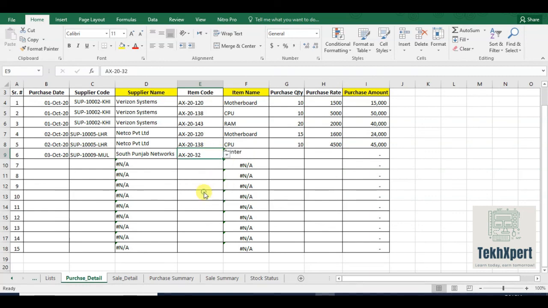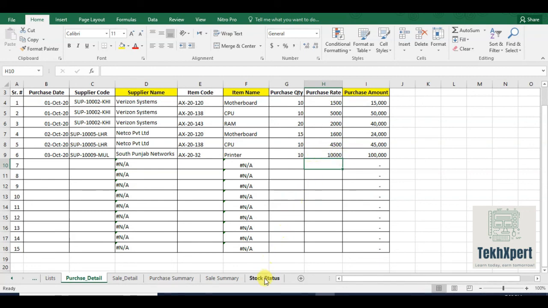And this time we will select some new item. See, we have entered printer with 10 quantity and purchase rate is 10,000. Total amount is 1 lakh.